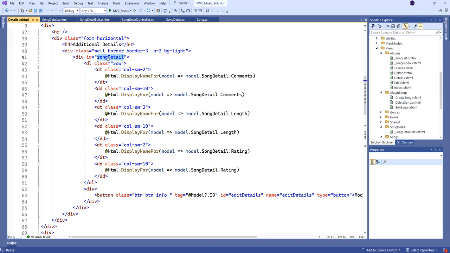But this ID, song detail, that's key, because this is a div that we're going to replace the contents of as we switch from basically read-only to edit mode and back again, right? So our button here, notice I've thrown a tag in, which is a useful way to get communication into our JavaScript code. So it has the ID of the actual song stored in the tag. The ID is edit detail, so we'll take advantage of that to